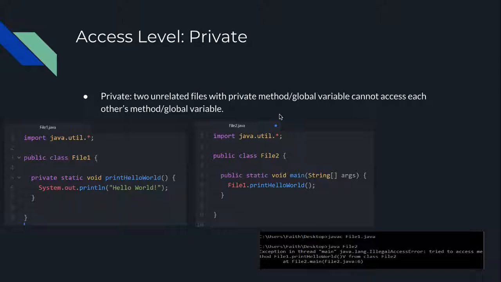So in the private case, it's when we still have 2 unrelated files and we have one of the methods be private, then the other class file cannot use that method. So we have the same exact 2 files, except I only just changed one thing. So in file1, we still have the print hello world method, and in file2 we're still trying to call file1's print hello world method inside the